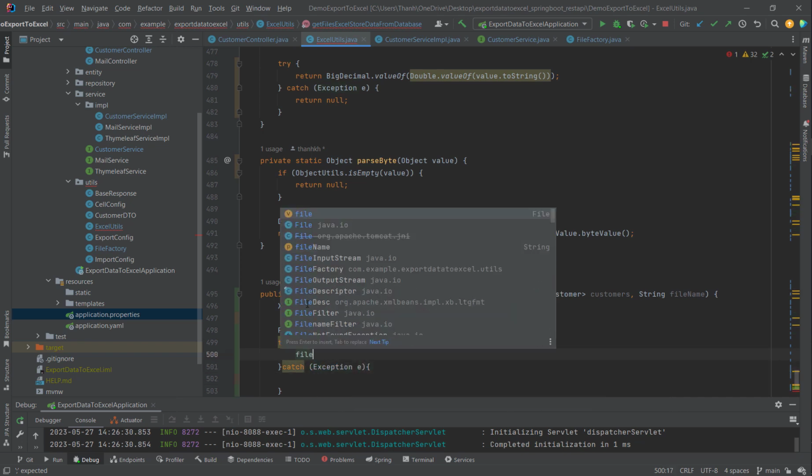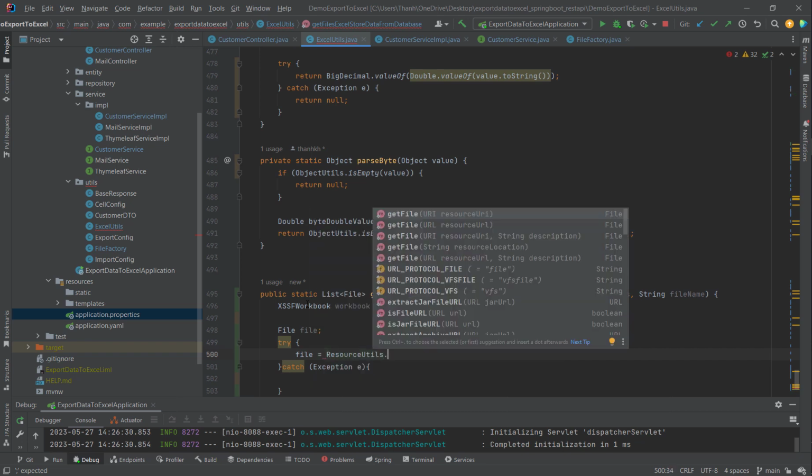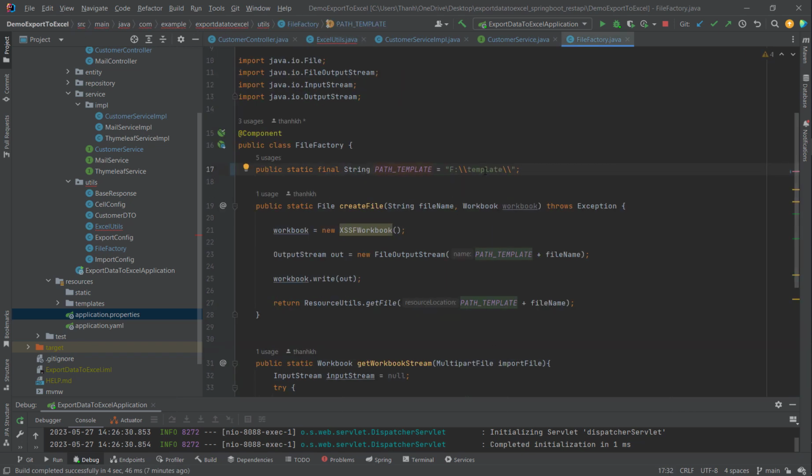So file equals ResourceUtil.getFileFromPath template here plus the file name. The template is from the apps template here,